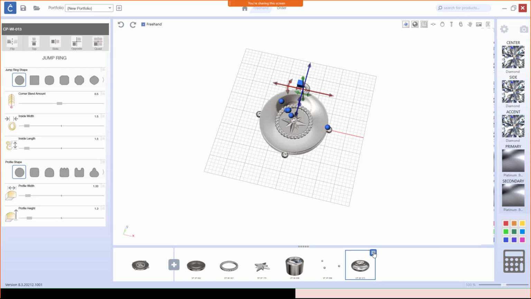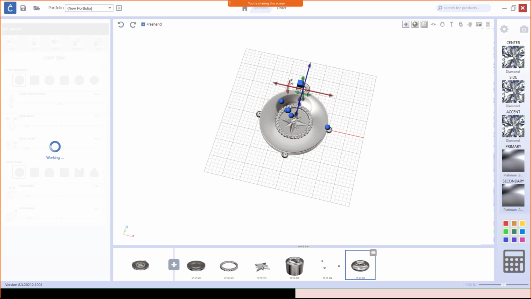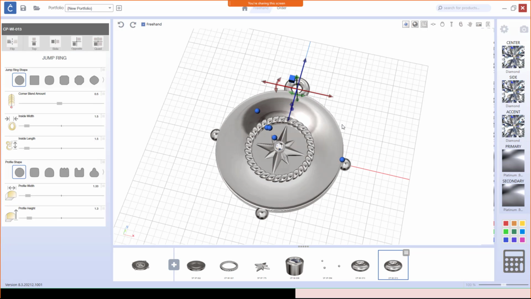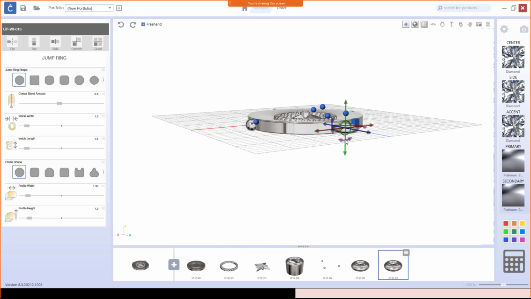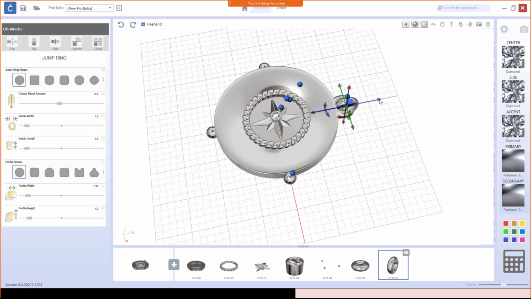So I will go ahead just to complete the look and come in here and left click to choose this option menu, and then choose the second option, which is to duplicate the selected item. That takes that original piece and just duplicates it out there on my screen. And I'm just going to rotate this 90 degrees. So if I left click and hold down shift on my keyboard, that rotated it 90 degrees,